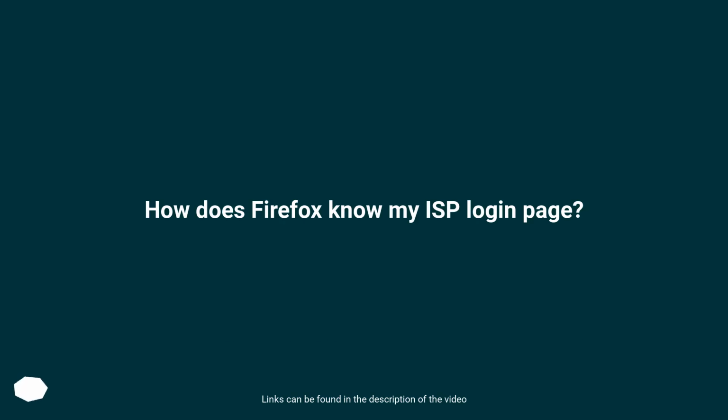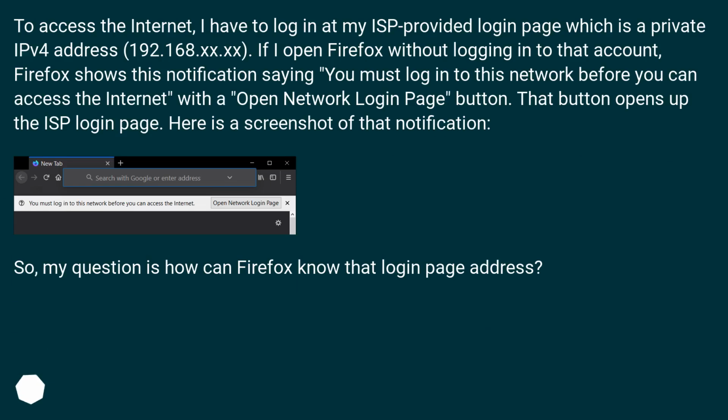How does Firefox know my ISP login page? To access the internet, I have to log in at my ISP provided login page, which is a private IPv4 address, 192.168.20.20. If I open Firefox without logging into that account, Firefox shows this notification saying you must log into this